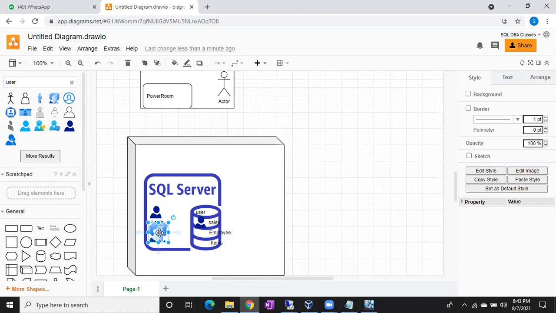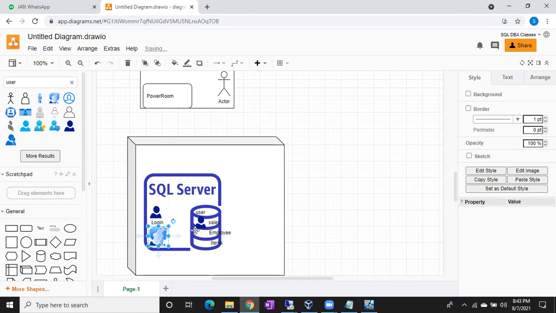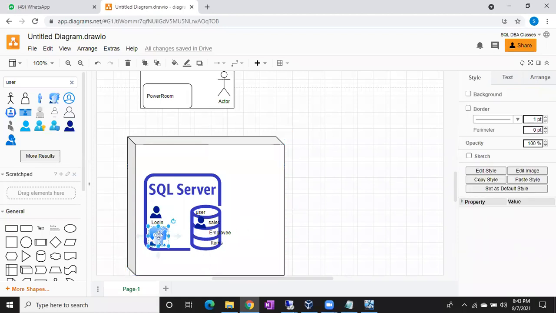Okay, so again here we'll have individual logins and we will have group logins also. Usually we will have group logins. We'll prefer group logins in SQL Server. It means all HRs are grouped together into a group and we directly provide access to the whole group on the database, so that all the people in this HR group can directly access those databases.